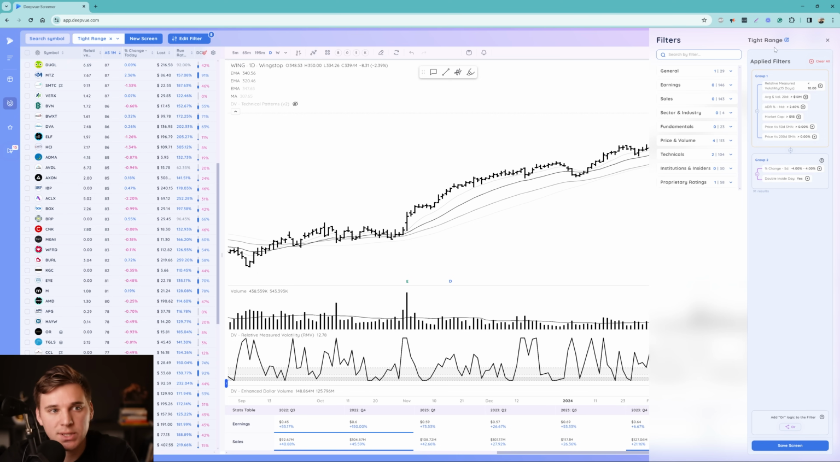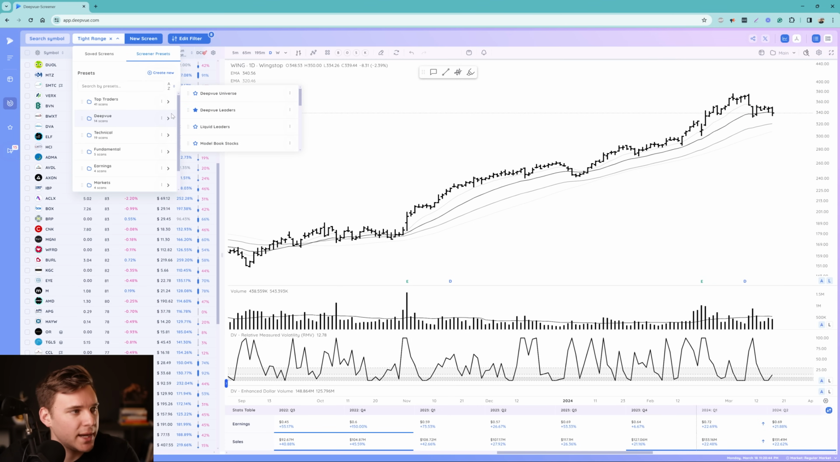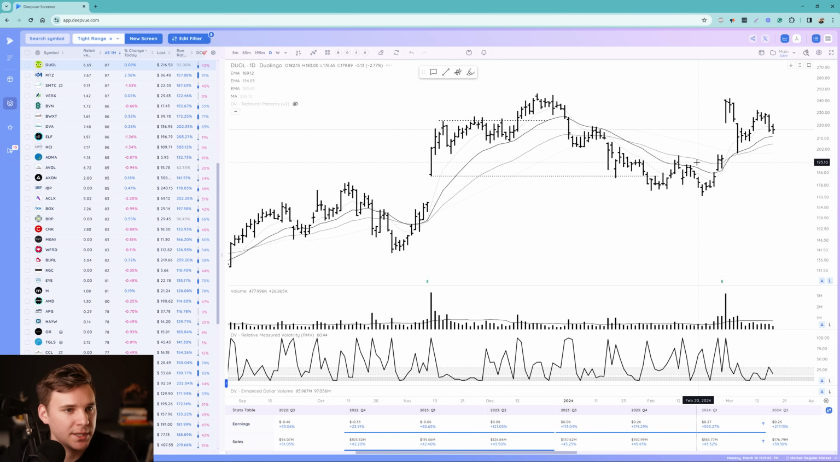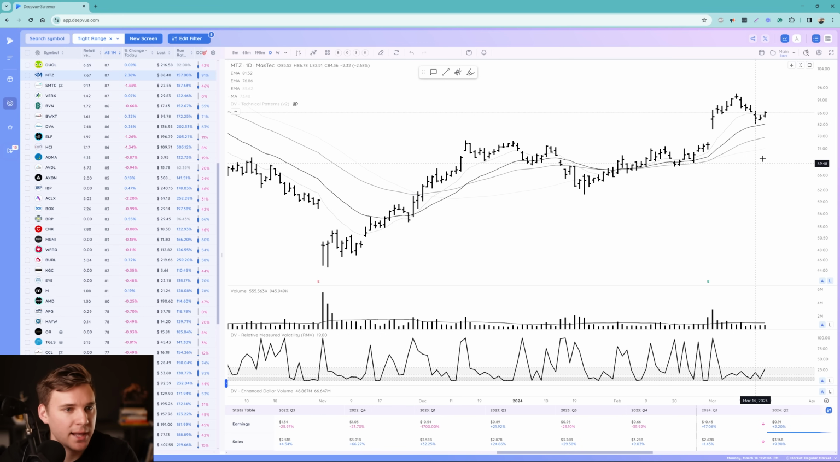And of course, just like any screen in DeepView, even though it's a preset, you can go over in the menu, click the three dots, duplicate, and then you can basically edit it. You can make it your own, add criteria, subtract criteria, and make your own screen out of it. But just looking at this one in general, if we tab through here, we're seeing stocks that are